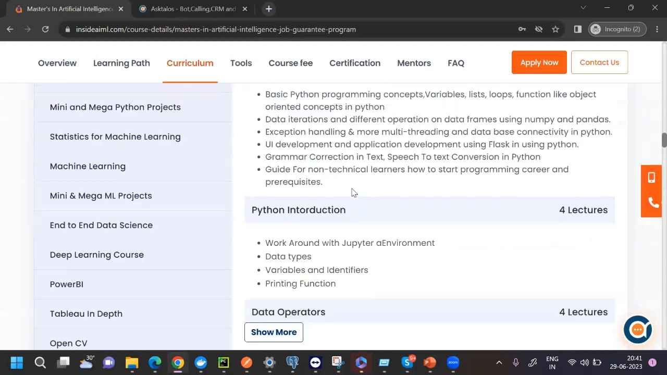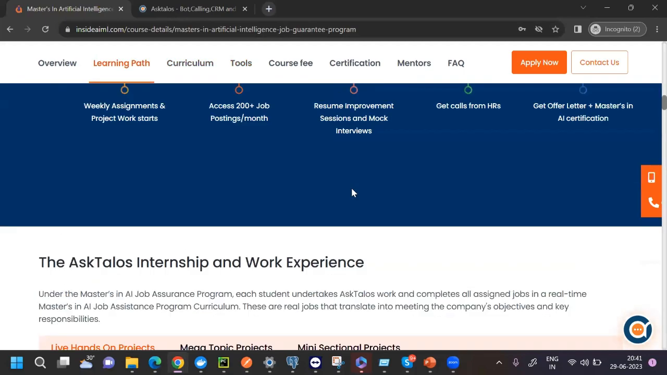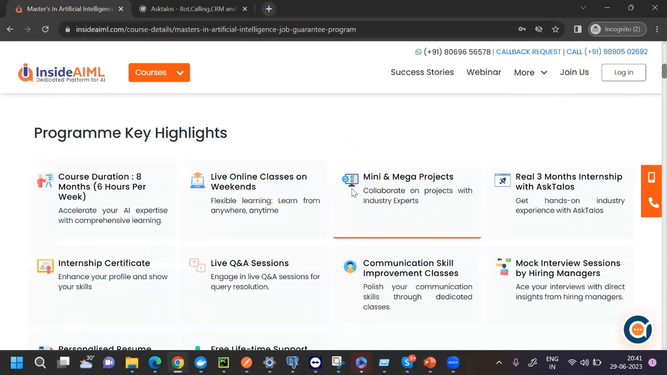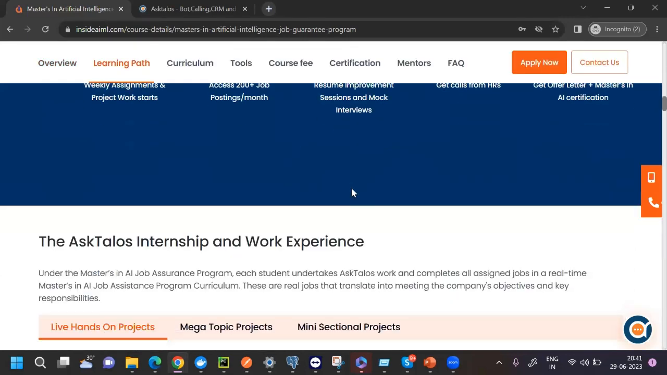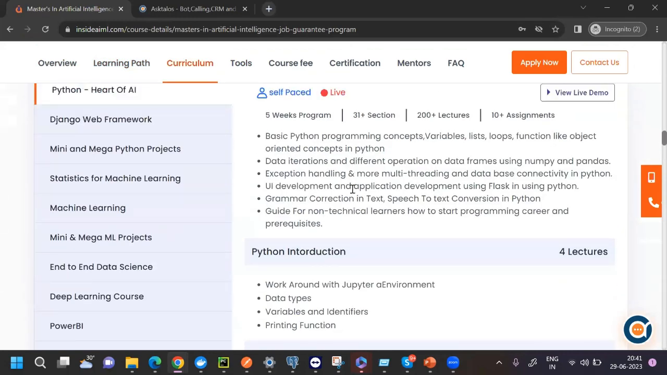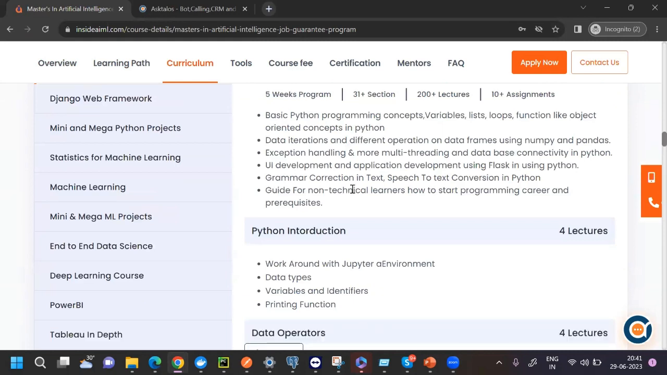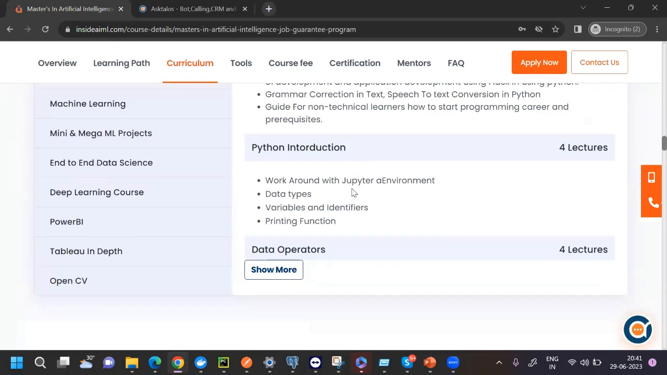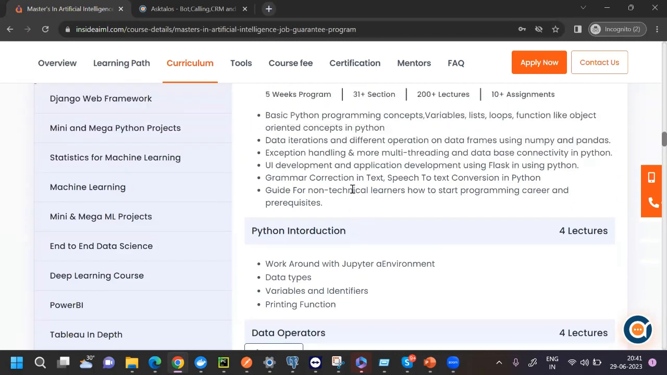So in this program, it's not like just one thing gets covered. So it is a total of 9+ courses that get covered. So if you see here at the curriculum part, Python Heart of AI, Django, mini megaproducts of Python, statistics for machine learning, mini megaproducts of machine learning, end-to-end data science, deep learning, Power BI, Tableau, OpenCV. So all these things are covered,